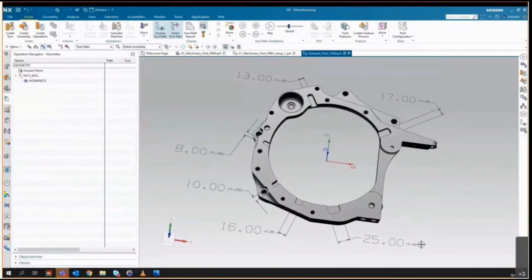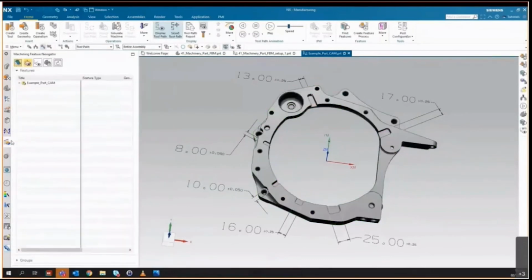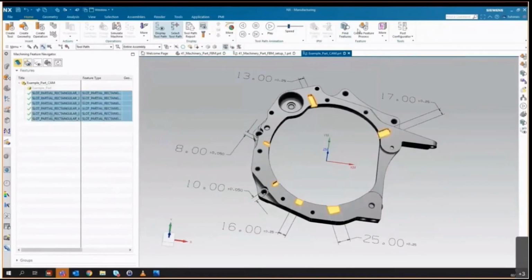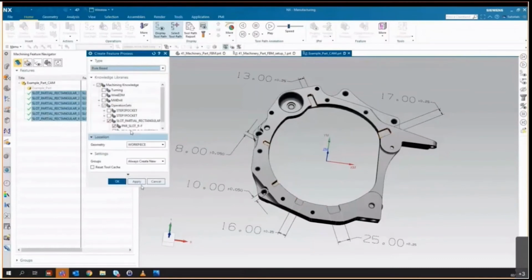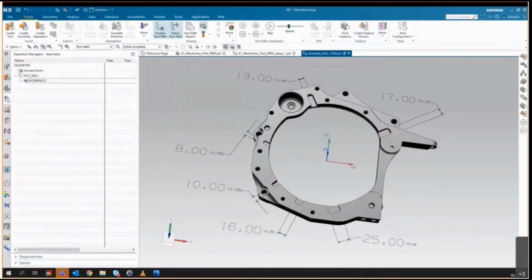Because of the logic and intelligence behind feature-based machining, I've been able to add certain logic into the feature finder, which means that it will work out depth of cuts, tools to be selected, depending on certain parameters from the features. So what you're about to see here is we select all those operations, create feature process, again, looking at the same rules that we just created, and we will almost instantly, very quickly, create a whole set of operations for these slots. Okay, there we go.